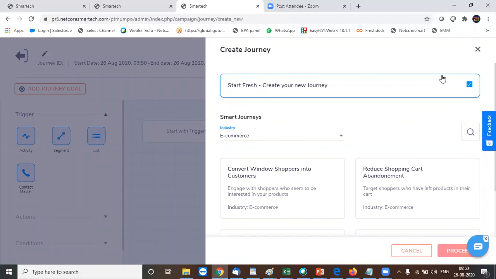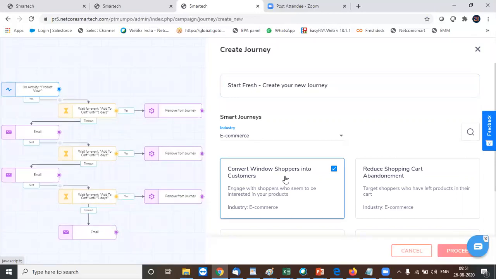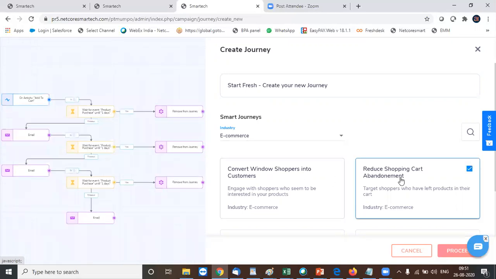So here immediately I am provided with an option to select any default journey, which the system finds suitable as per your industry. So let's say my industry is e-commerce. So I am being shown this cart abandonment workflow as well as converting my window shoppers workflow. So if I click on this, my workflow is already created. A smart workflow which is already been created, I just need to deploy it, provided I have the necessary integrations with my website or app. If I select this one, I have a different workflow, right? We would be adding more workflows over here in the coming days. And that's how it works.